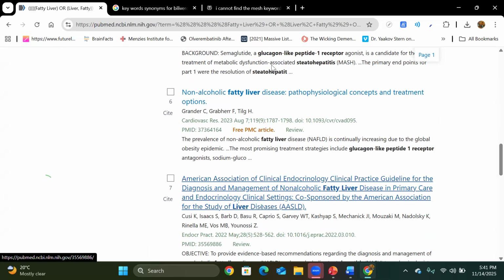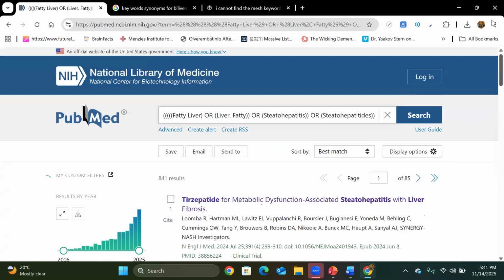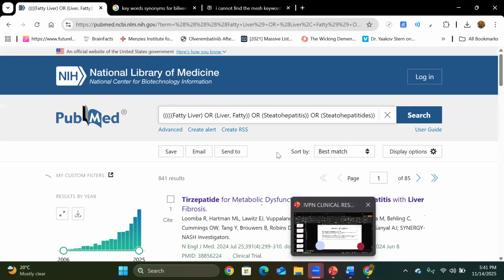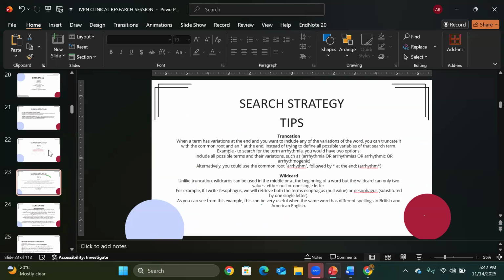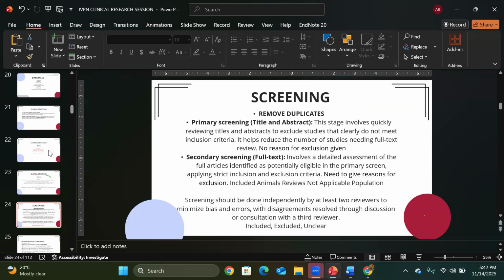So if I am not able to spot all those three RCTs that I saw beforehand when deciding my topic, that means there is some problem in my search strategy. This is known as a quick check of your search strategy, internal validity checking. Then you have to either increase your keywords or whatever is needed, and make sure that you are including them.